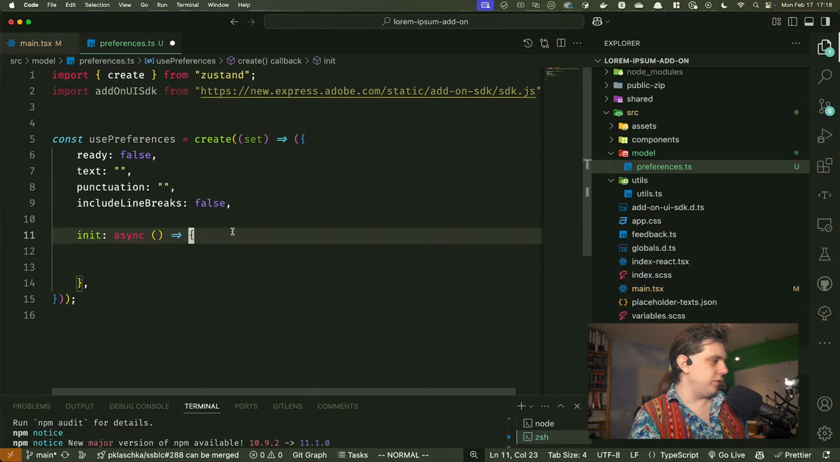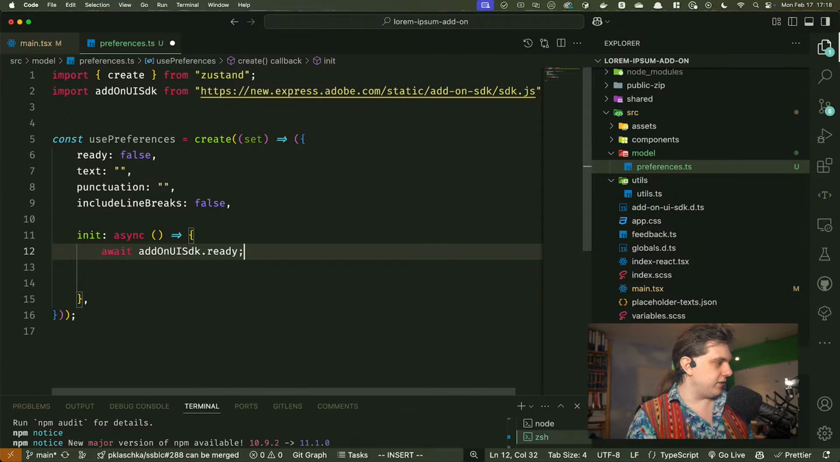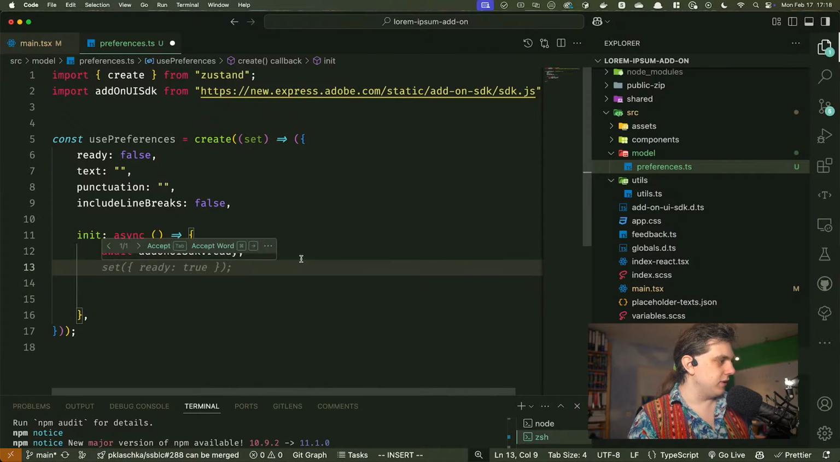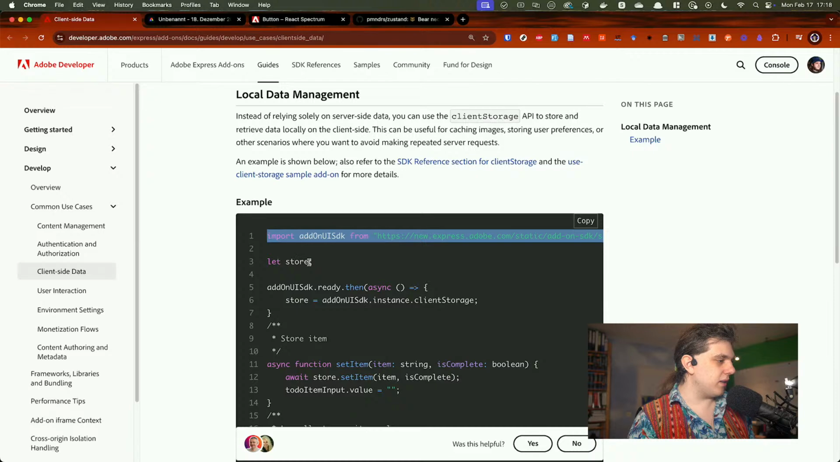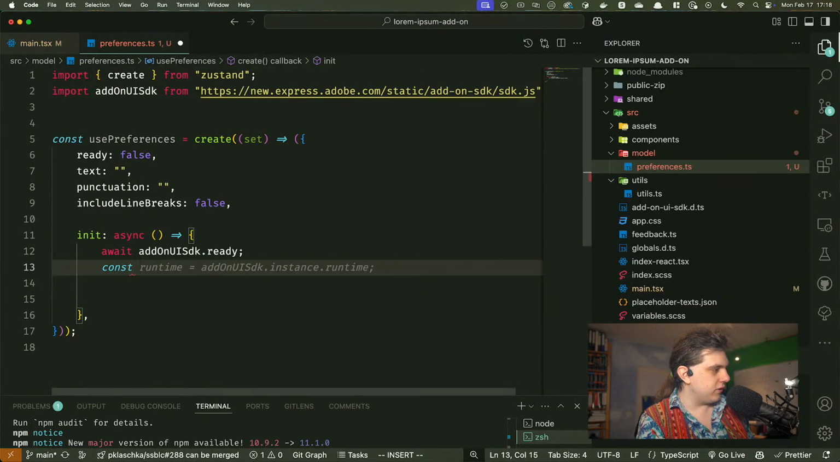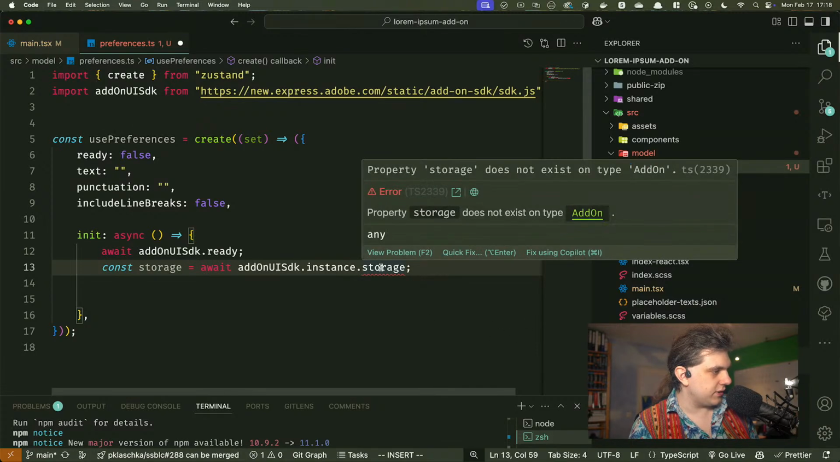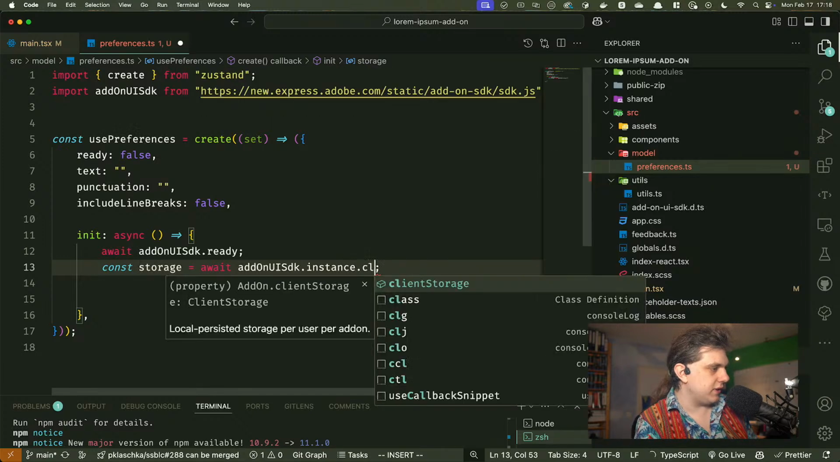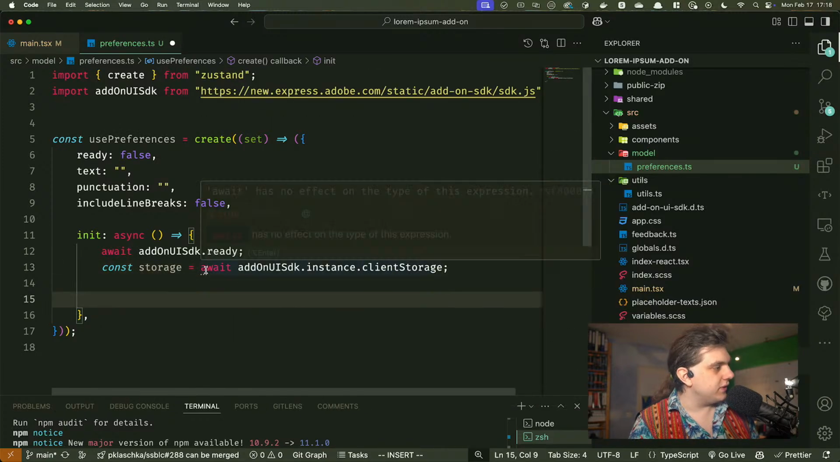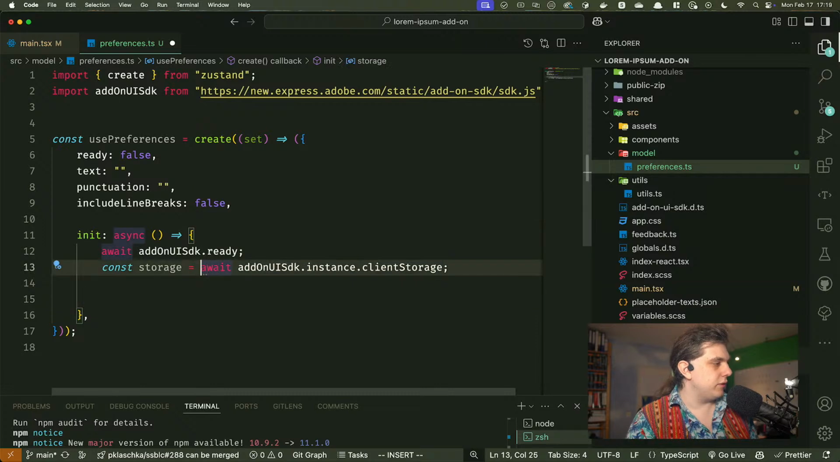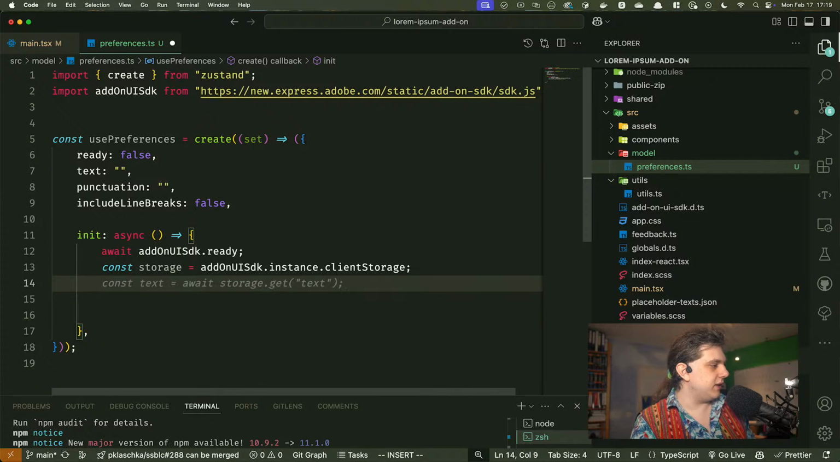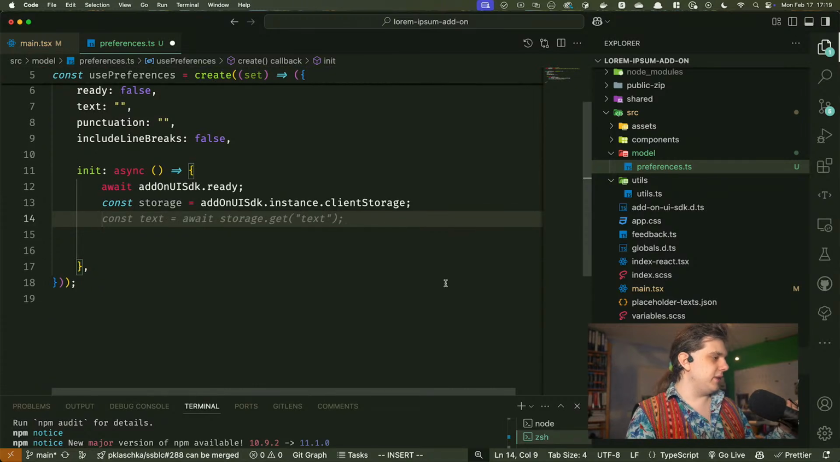Yes, perfect. So, first of all, we have to await add-on SDK.ready. And then we can access under instance client storage, const storage equals something like that, client storage. Sure, of course, makes sense. And then